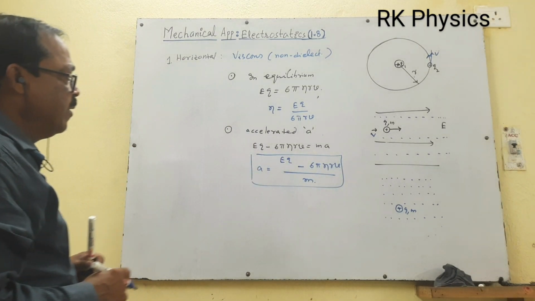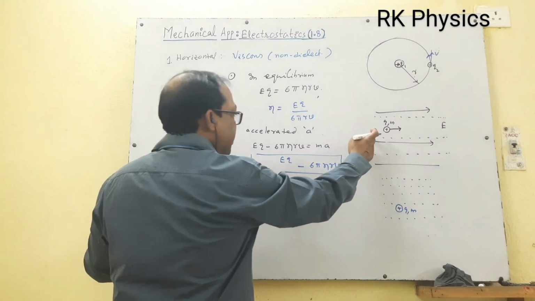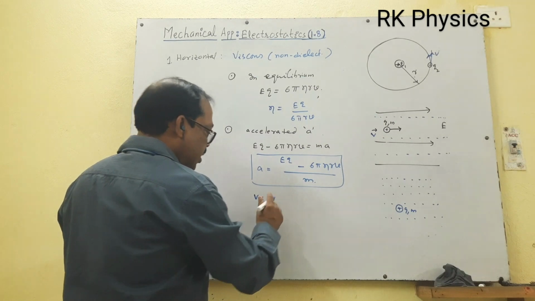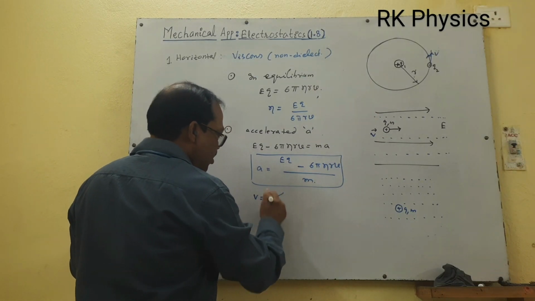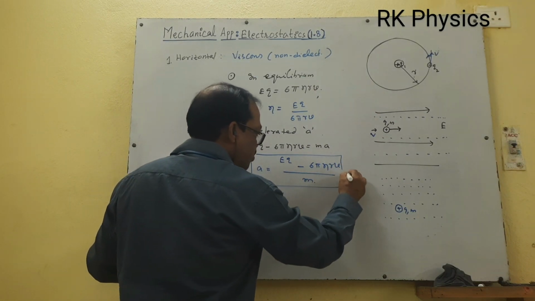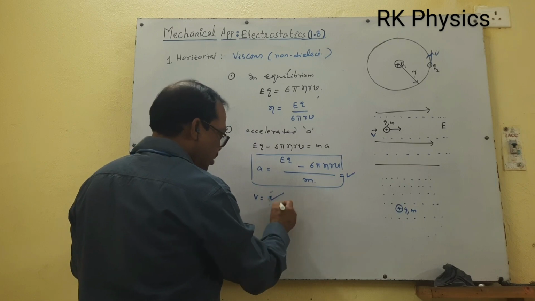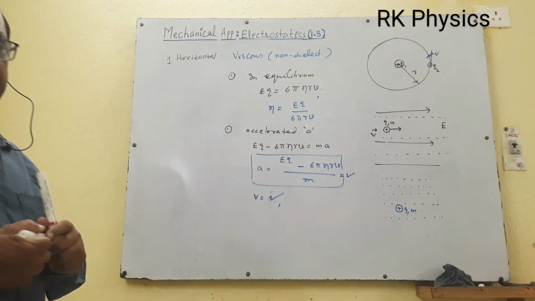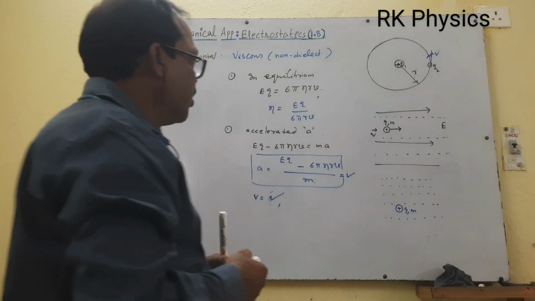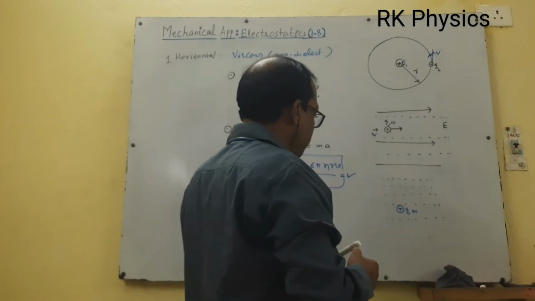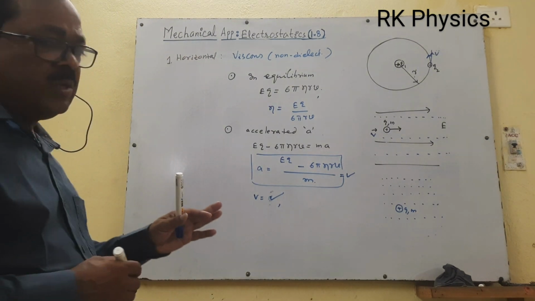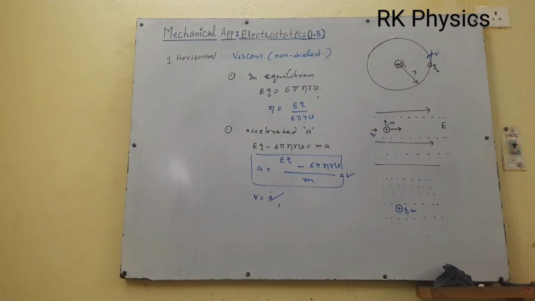You can update. Now if the initial velocity is v, what is its value? Suppose it is given. Then a you can find out from the given data, then calculate other characteristics of kinematics and dynamics depending upon the nature of the question required. Okay, so this is the case for the horizontal field.